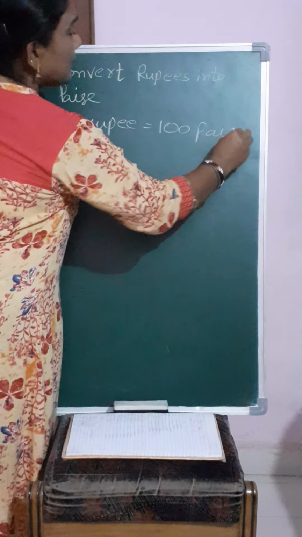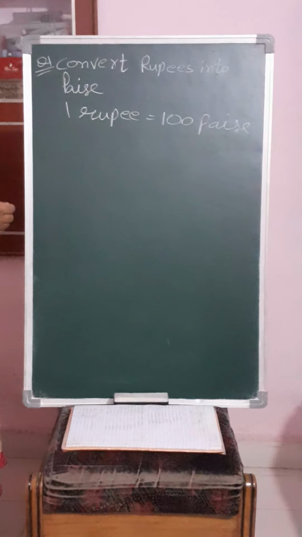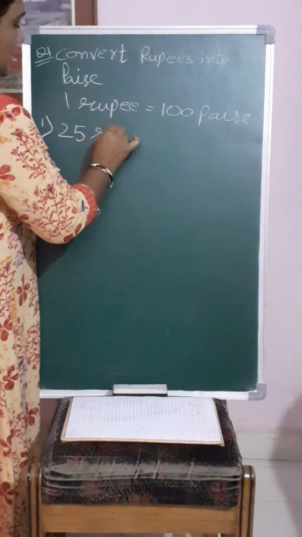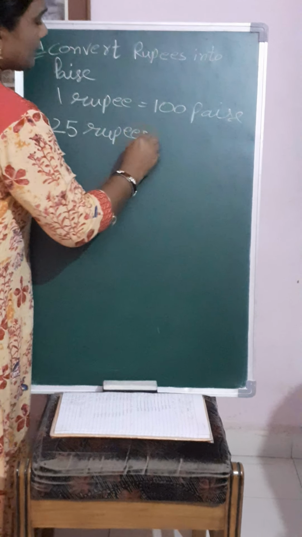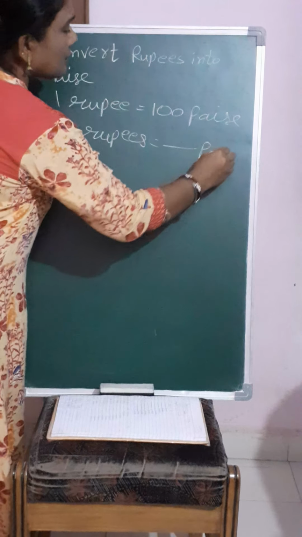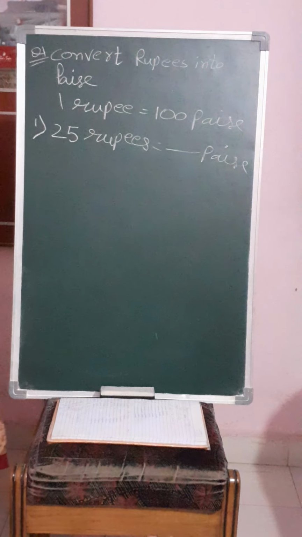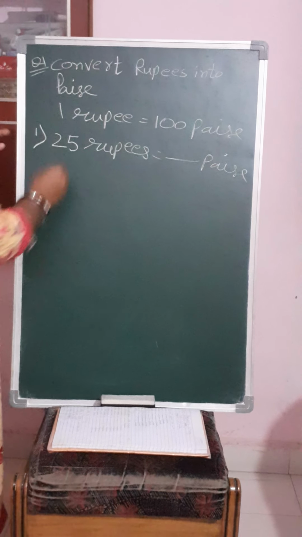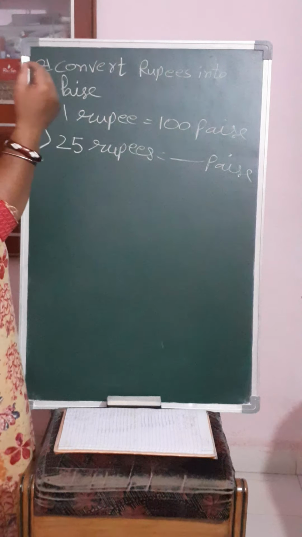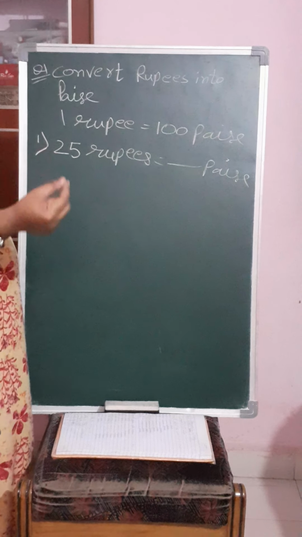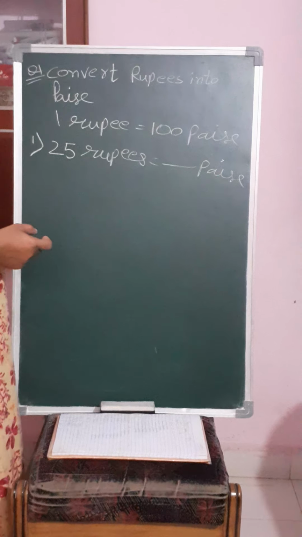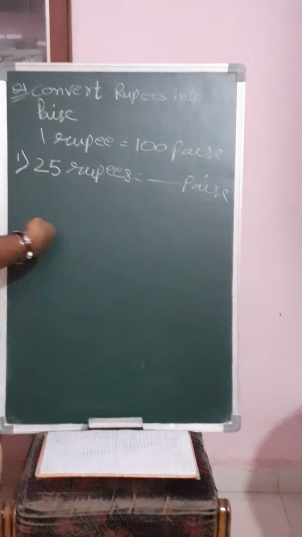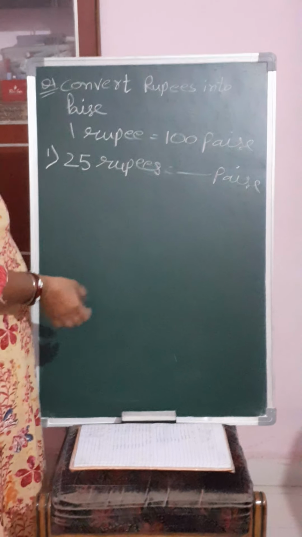Okay, now I'll give some examples. Accordingly we will solve. Suppose I give 25 rupees equal to dash paisa. How to convert it? 1 rupee is equal to 100 paisa, you know. Now these paisas are not used in our market, but in the olden age, there were 1 rupee coins, 2 rupee coins, 3 rupee coins, all the coins were there. But still we should know how to convert the rupees into paisa and paisa into rupees. That's why I will give 2-3 examples. You should know all this.